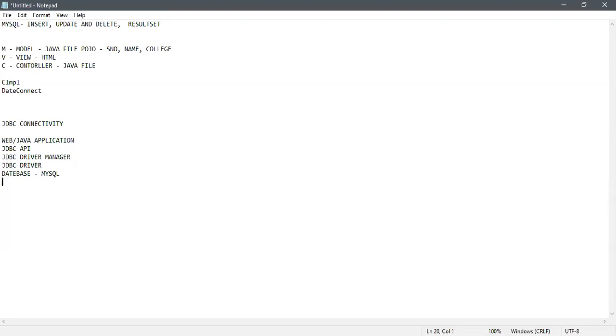Now we are going to discuss JDBC architecture. Depending on whether you are working on a desktop application and you are not going to connect to the internet, it is not required for you.